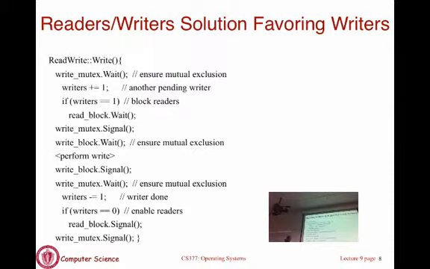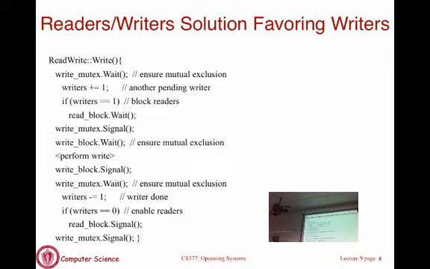But it's not totally fair because the writers are not going to unblock all the pending readers until they are all done with the writing. This is why it is still favoring writers, not completely fair. Once you have a queue, if you actually service the queue in FCFS order, then you will have a very fair solution. This one is still not doing that. So the right thing to have done, for which there is no code here, but I will explain conceptually. If this is the queue of all waiting threads,